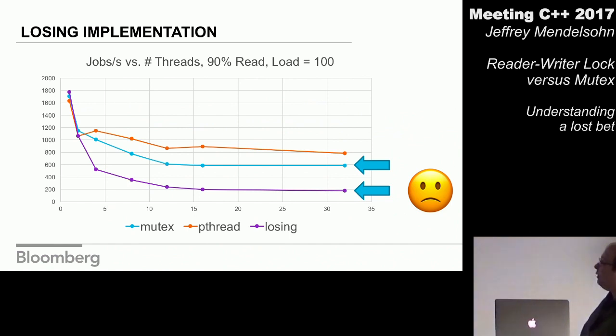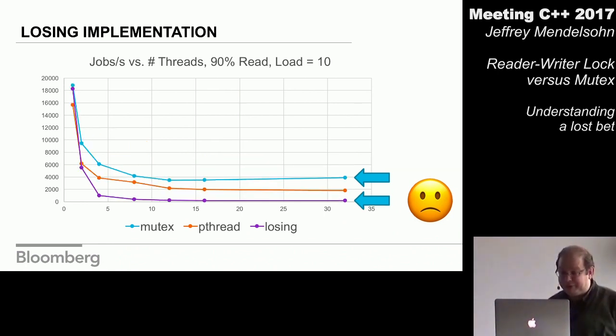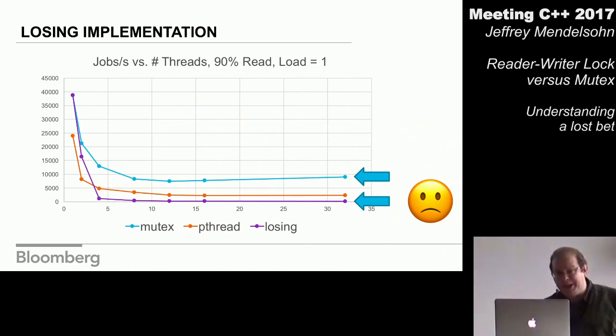And moving down to the workload of the bed itself, and this is why I lost, we see we're significantly underperforming the mutex, even at a very highly biased workload. And moving down to the short hold time, it just gets worse for us. And moving down to the ridiculous, it's the same story. So to recap the 90% reads, the mutex was generally better. It's really all I can say. Only with very long hold times did the reader-writer lock outperform the mutex, which is not what I expected, which is why I lost the bet, and which is what made me very unhappy.